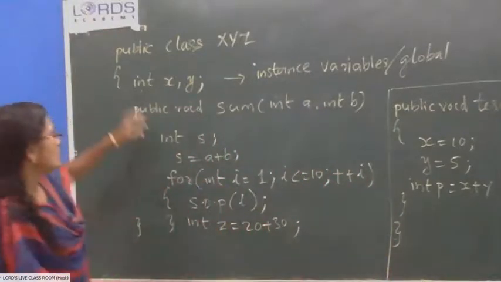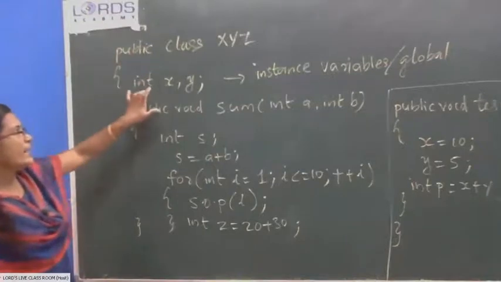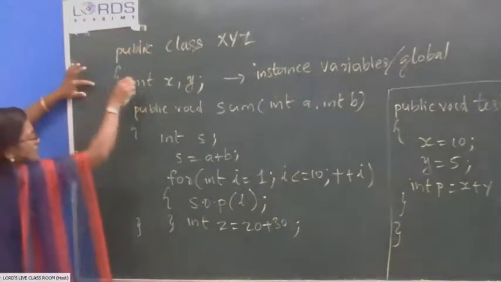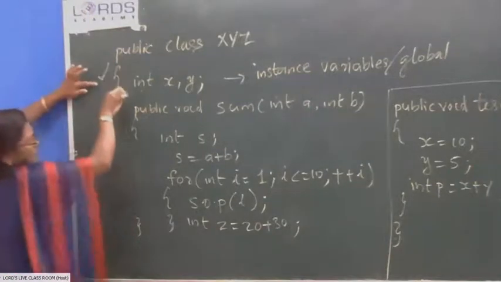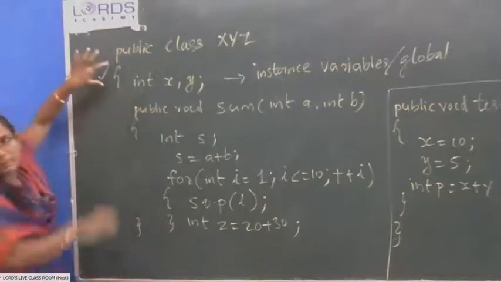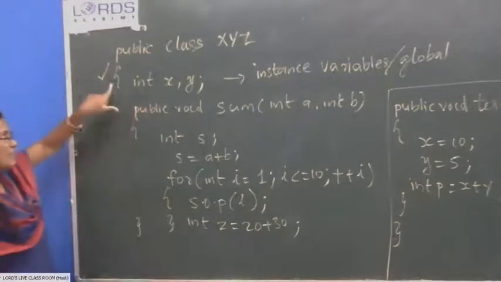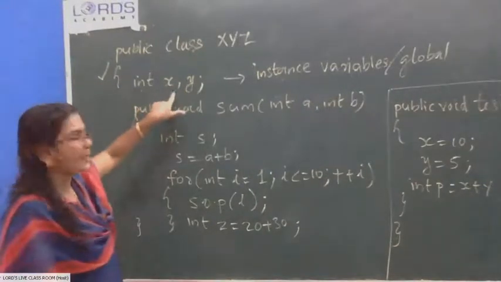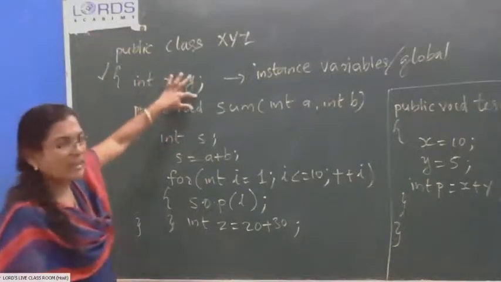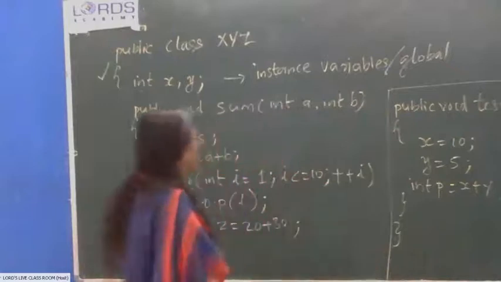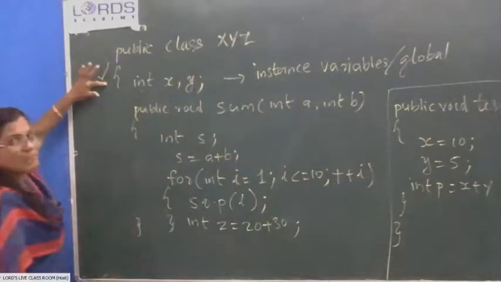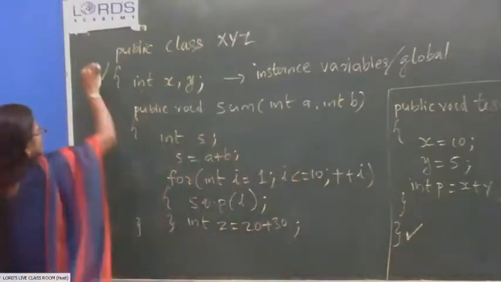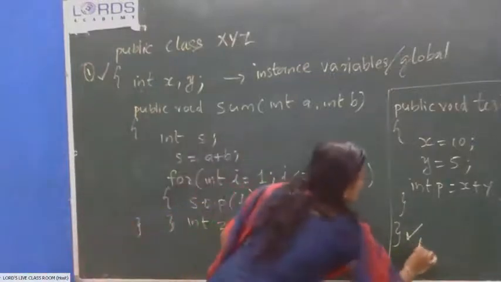Okay, so look at the board. Int x, y. Variables are declared at the beginning of the class. See, this is the beginning of a block, the block which defines the body of the class. The block starts here. At the beginning of this block, two variables are declared, x and y. So these two variables are available anywhere in the program till the end of this block. The curly brace is closed here. So here it starts, here it ends.